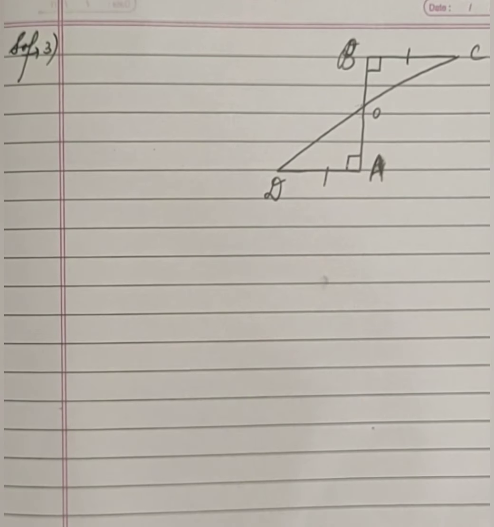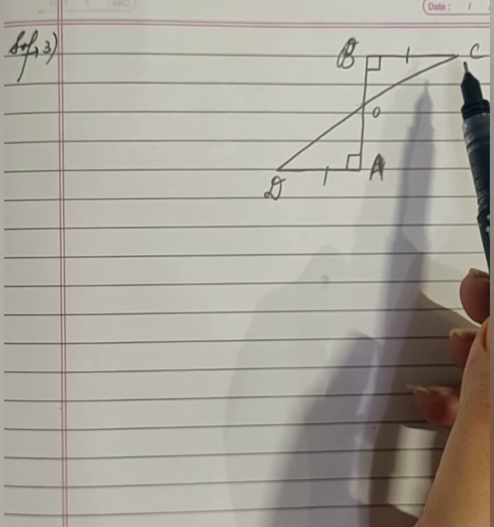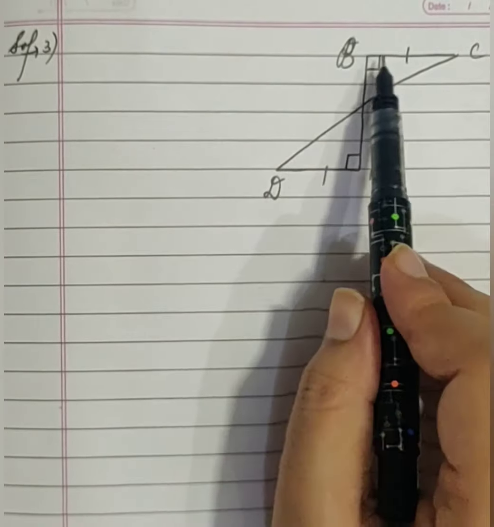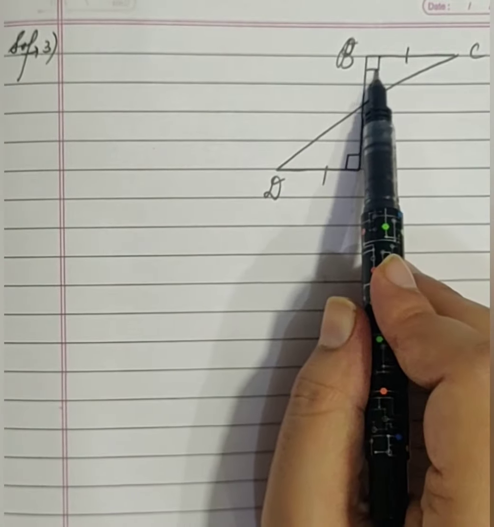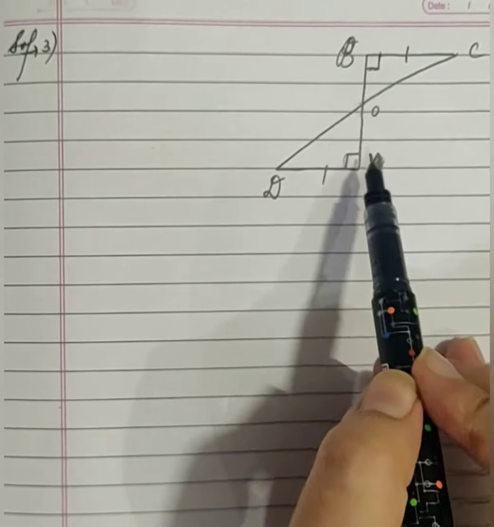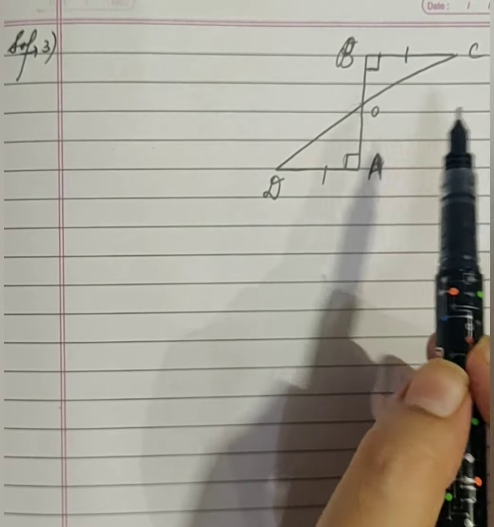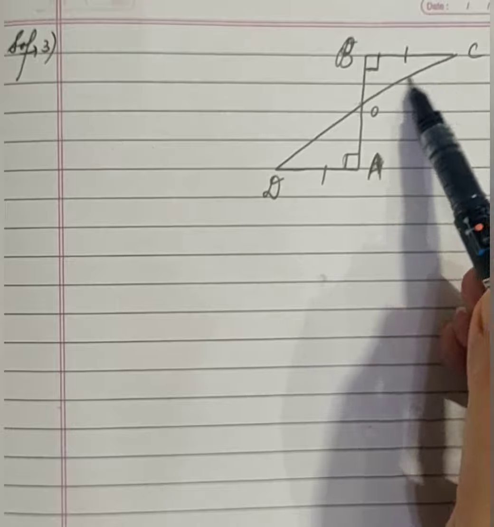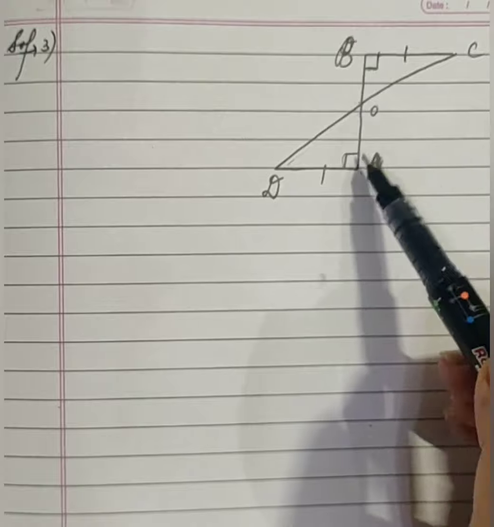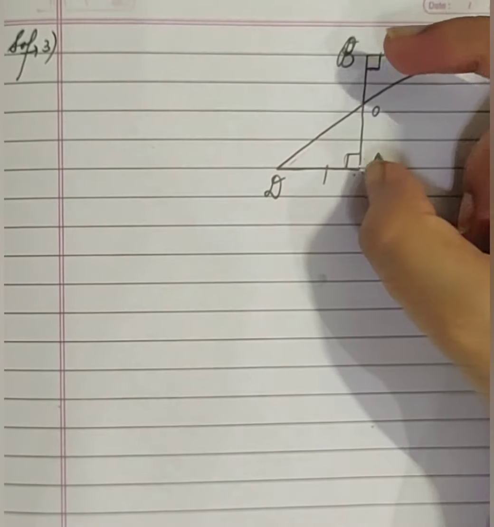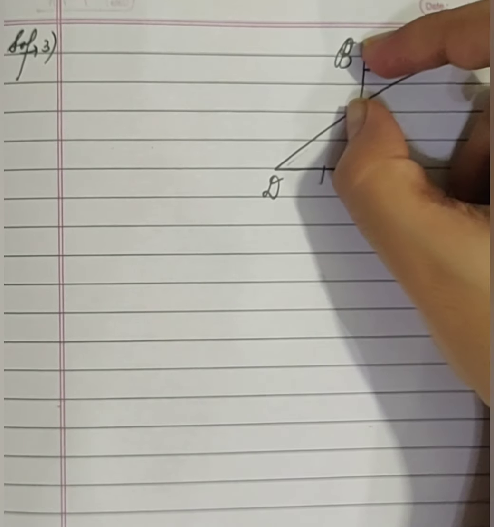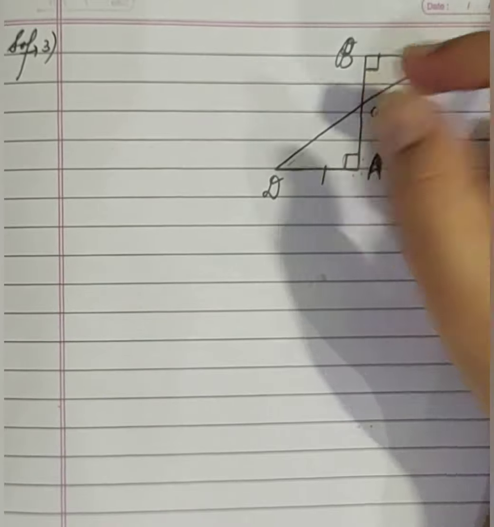Let's look at the third question now. AD and BC are equal perpendiculars to the line segment AB. AD and BC, these are given equal perpendiculars. That means this is 90 and this is also 90 to the line segment AB. Show that CD bisects AB. What we have to prove? CD is bisecting AB. That means CD is dividing AB into two equal parts. So our aim is to prove AB is being divided into two equal parts. That is OA is equal to OB. We have to prove OA is equal to OB.